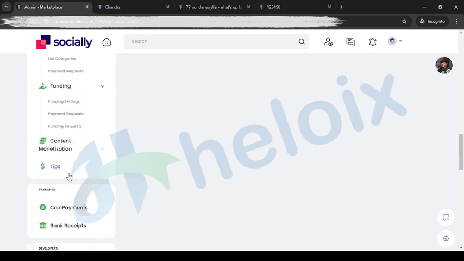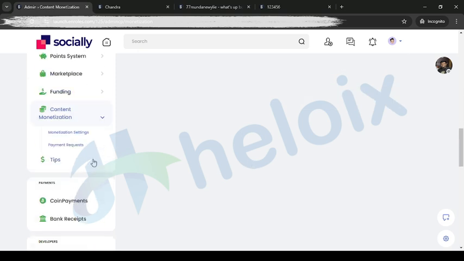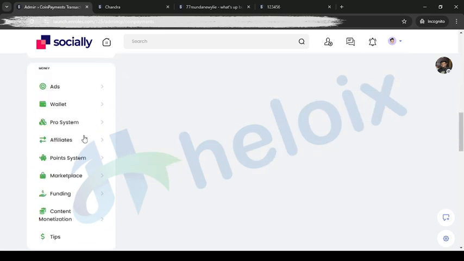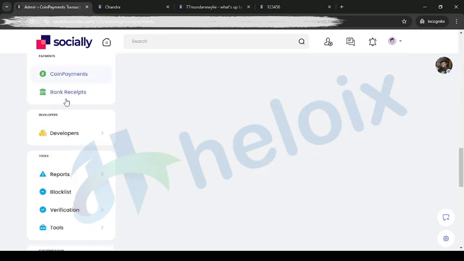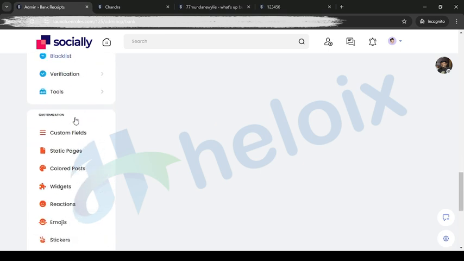After that we have funding details. After that we have content monetization, so if anything was there, then it will come here. After that we have payment requests, tips, you can manage. After that payment, here you can manage your coin payment. Okay, after that bank receipts, so all data will come here. Okay, so other things are not